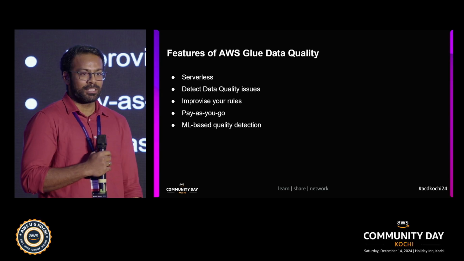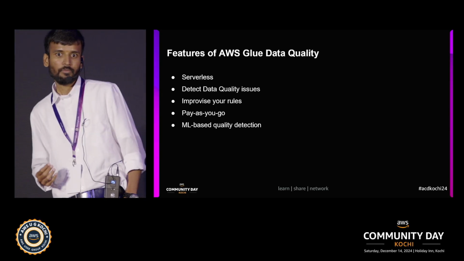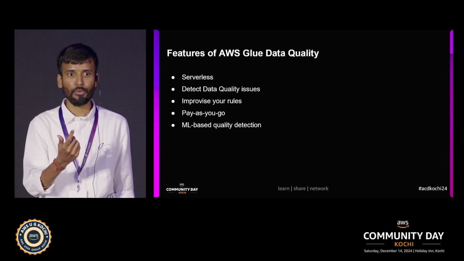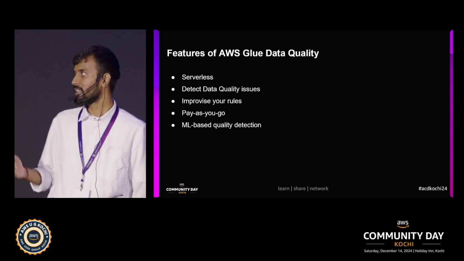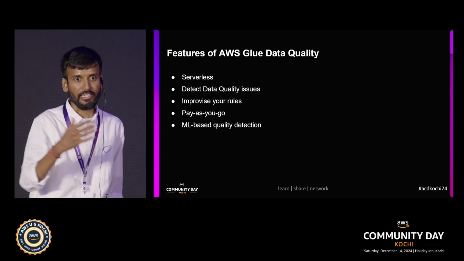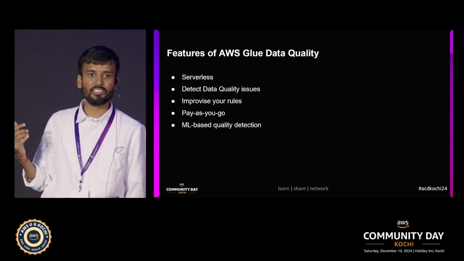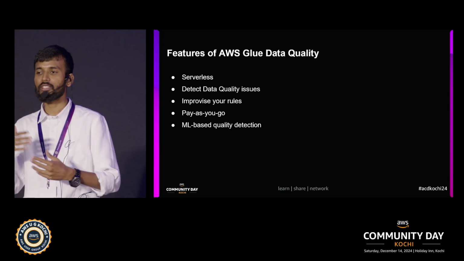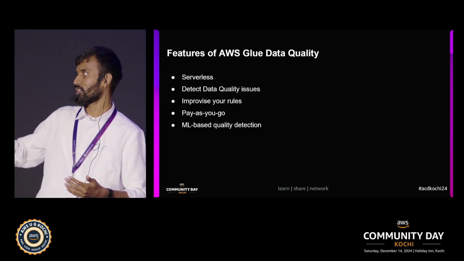So nothing much on that feature. Yeah, and one thing with the pay as you go feature is that Glue cost is generally based on the DPU. We all know that DPU is nothing but a data processing unit. So similarly, as we mentioned, whether we are doing it at rest or in transit, it will be pay as you go. It is coming around 4 cents, I believe, per hour for one DPU. Similarly, it depends on how many DPUs we are using and how many hours we are running. So that is pay as you go.